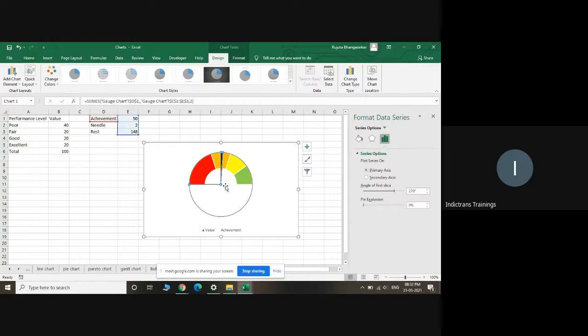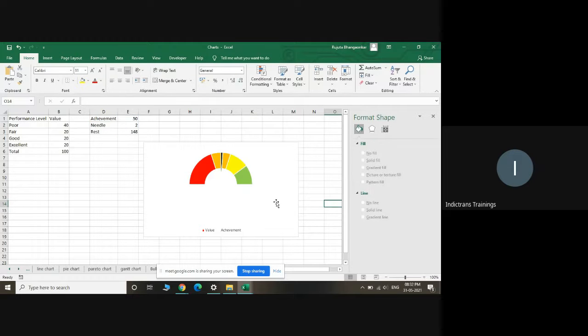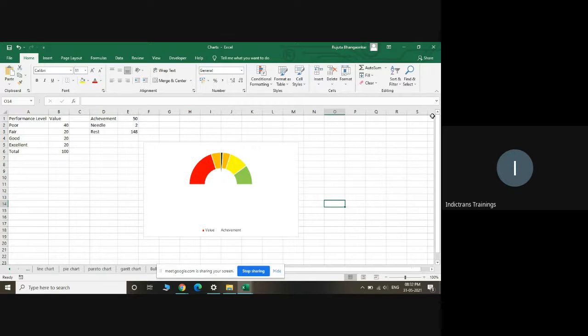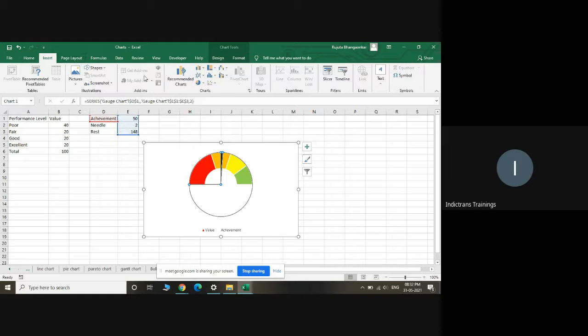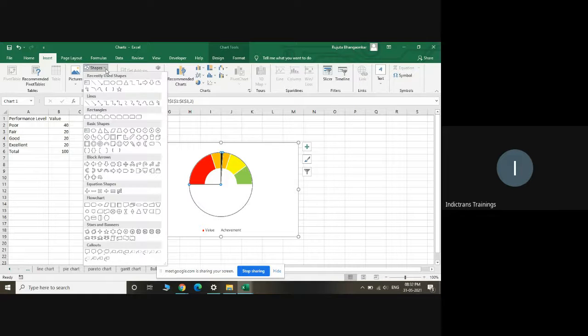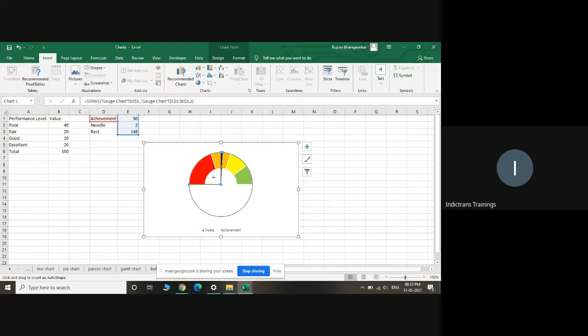Now we can insert a text box, in which you can... no, no, don't do that. What you can do, you can insert a shape, a kind of a text box. Just take a shape and draw there.